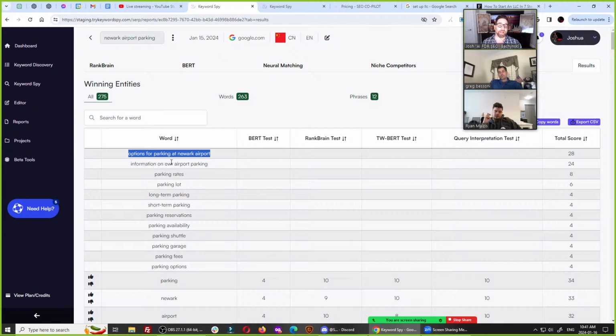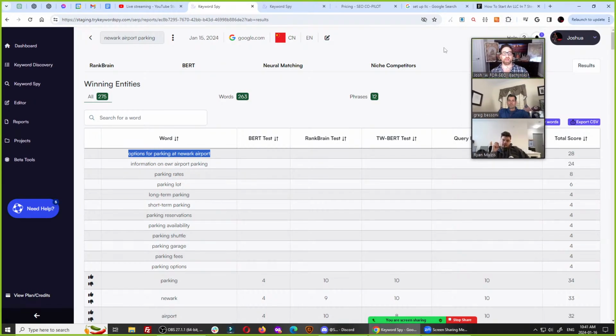Or if you want to write it by hand, sure, you can write it by hand. You can use this report, and I'll show you the content brief you can use, and you can give that to your writer, and you could say, look, here's the query intent that the AI has analyzed after looking at hundreds of data points. This is the query intent we need to write for, and you can have the human writing for it.